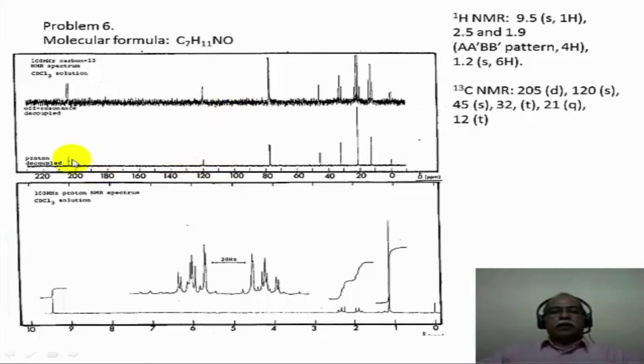Now in the carbon 13 you have a CHO group, which is a doublet, at around 205 ppm. Around 120 there is a singlet. So this is a very unique signal. This could be due to aromatic, but there are no aromatic hydrogens in the proton NMR, so it is unlikely to be aromatic. This can also be olefinic, but there are no olefinic protons in the proton NMR spectrum, so it is unlikely to be an olefinic carbon. The only other kind of carbon that can come in this region is a cyano carbon. So this molecule may contain a cyano functional group.